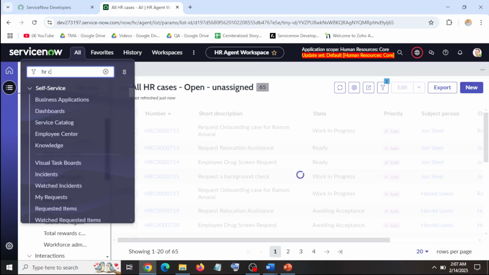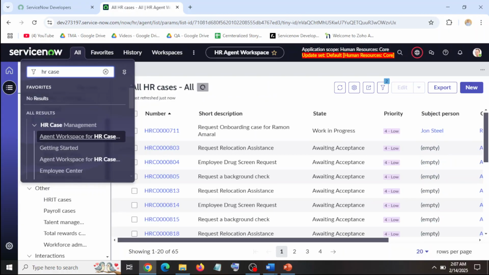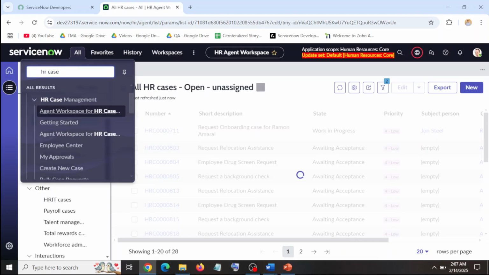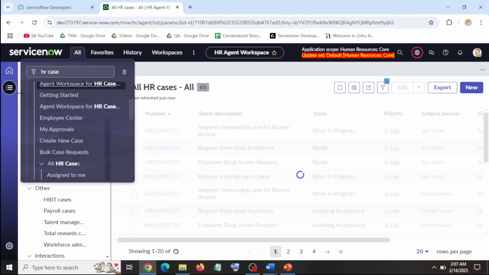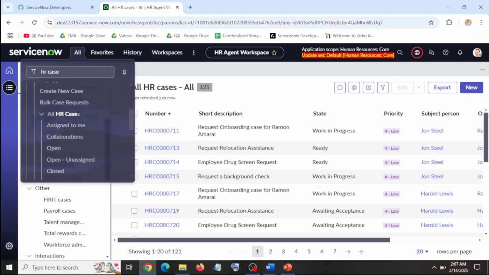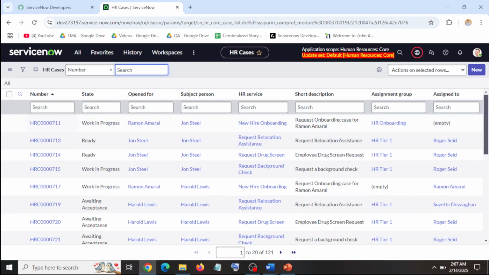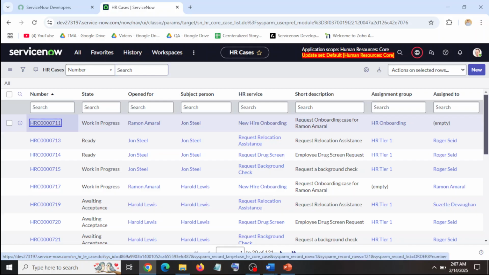Then HR case. This is the module HR case management, and under this, these are all HR cases. So if we open this, then you can see that these are the different HR cases. Like this case is in work in progress, and if we open this,